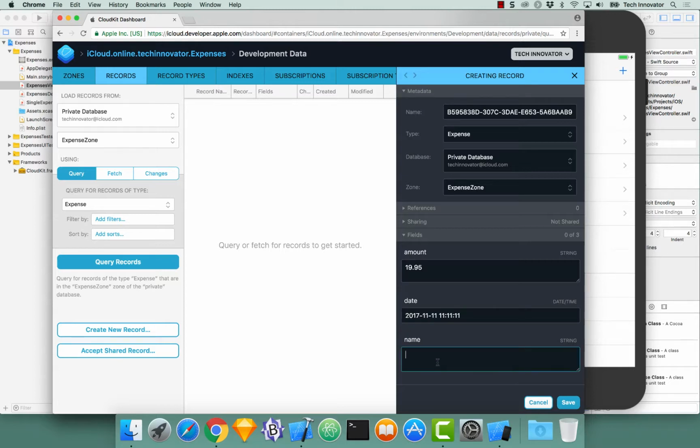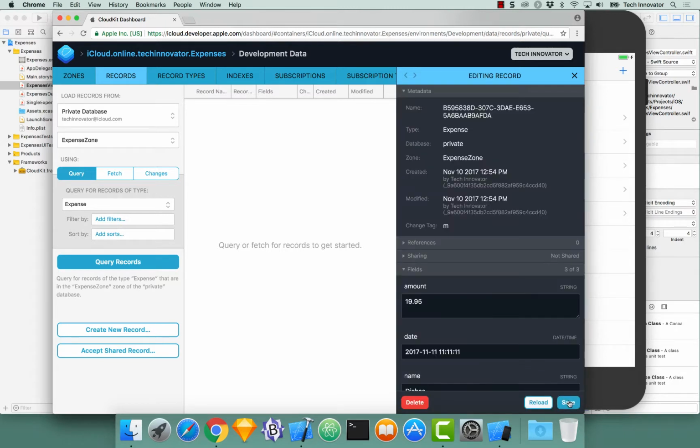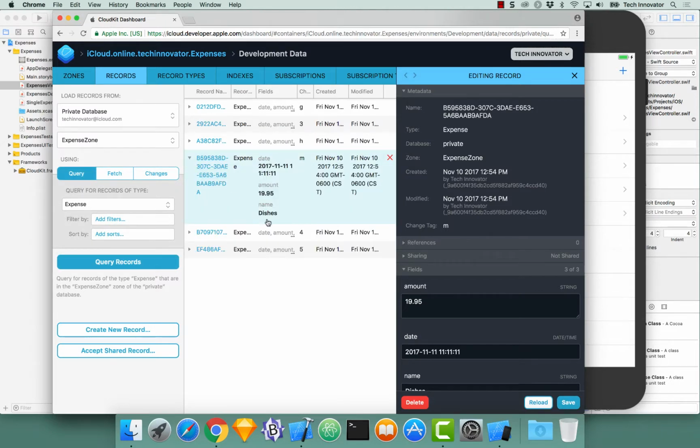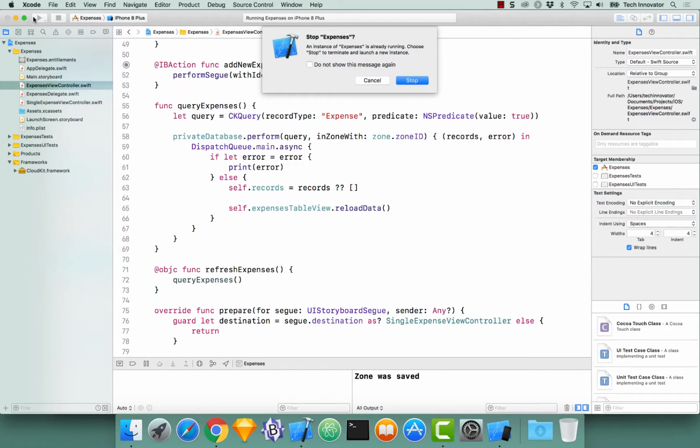And we're buying dishes as seen on TV. Let's just say dishes. Okay, and I'm going to click save. The object's been created. We can even query the database here. We have all of our expenses, and if we expand this one, we have 1995 amount named dishes. So now when I build and run this again,